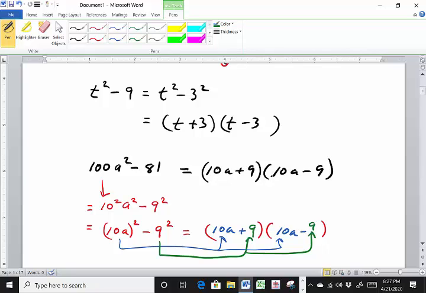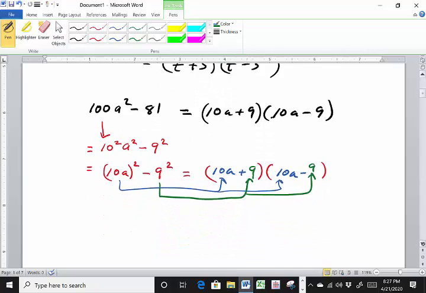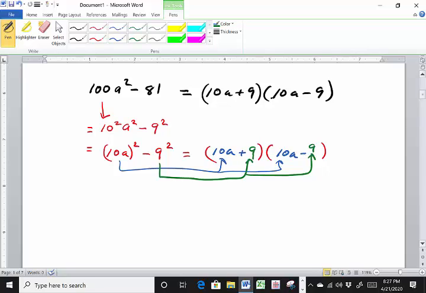All right? How about this one? A little bit more complicated. x to the 8th subtract 16. Well, anytime you have a base or a variable raised to an even power,